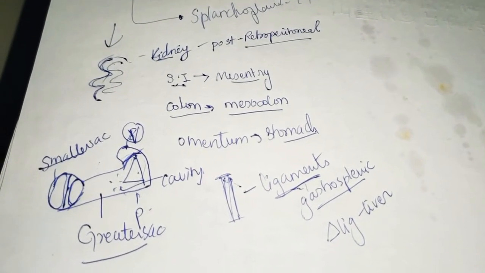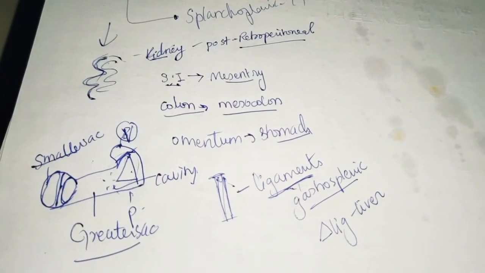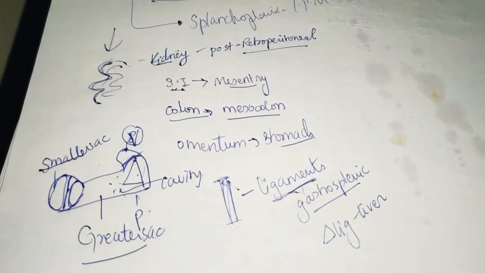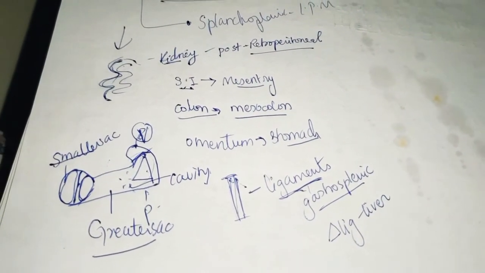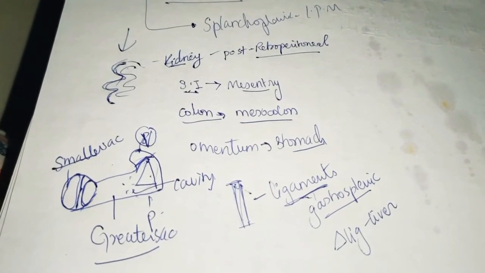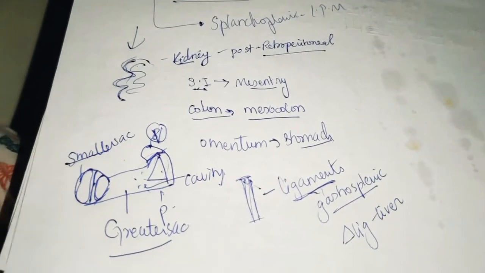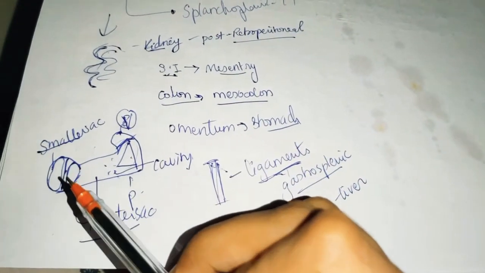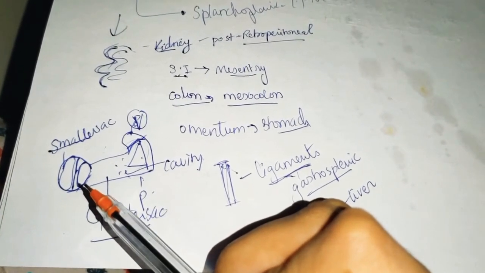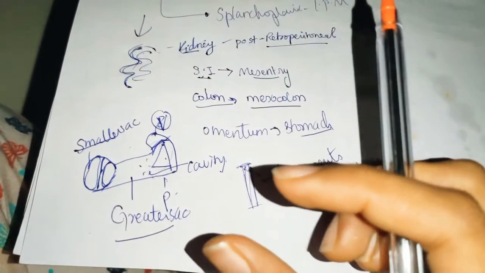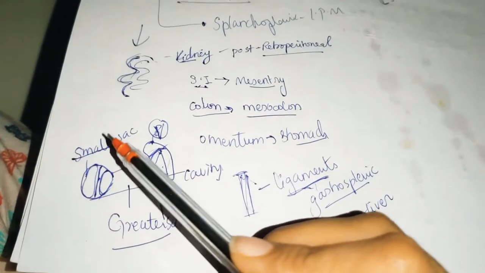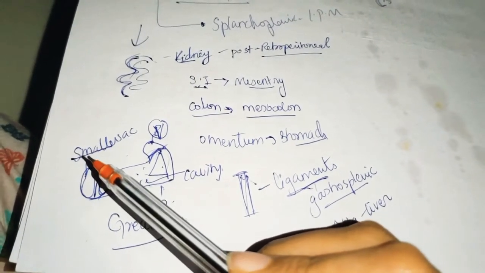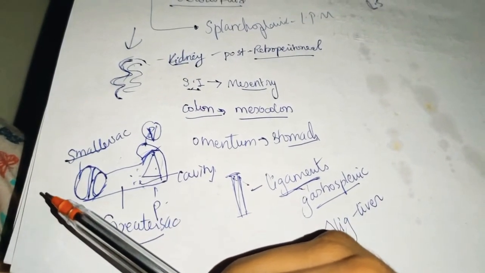If you take the smaller part, it is situated behind the stomach, the lesser omentum, and the liver, and is known as the lesser sac. What they mean to say is the peritoneal cavity is divided into two parts: the main larger part is the greater sac and the smaller part is behind the stomach. This smaller sac lies behind the stomach, the lesser omentum and the liver. What the lesser omentum is, you will understand at that time. The lesser sac is present between the stomach and liver, along with the lesser omentum.